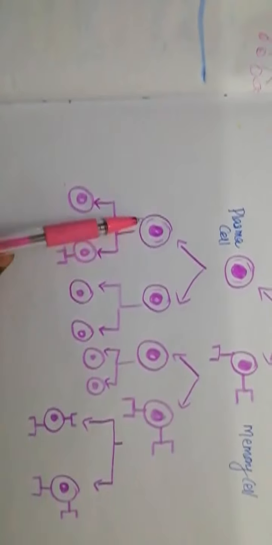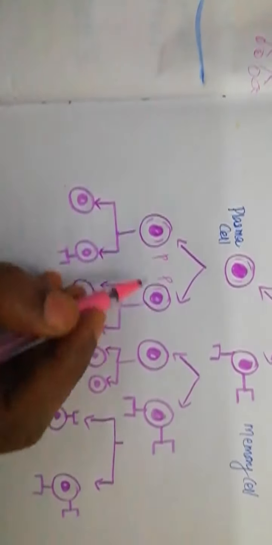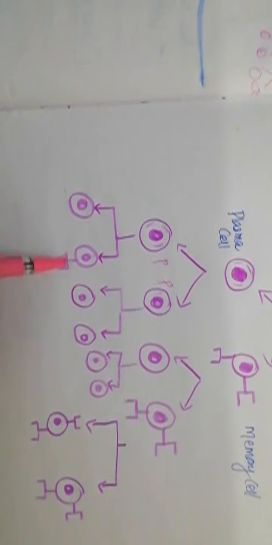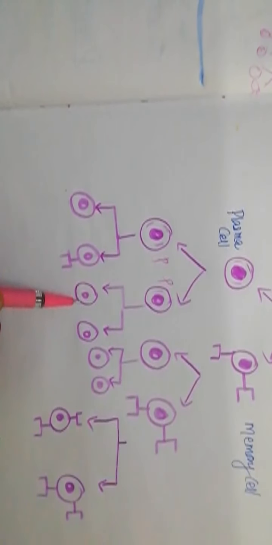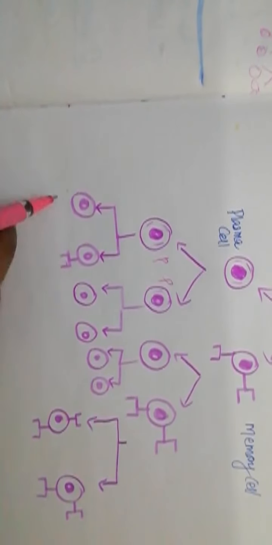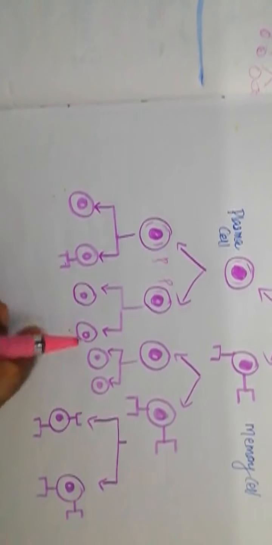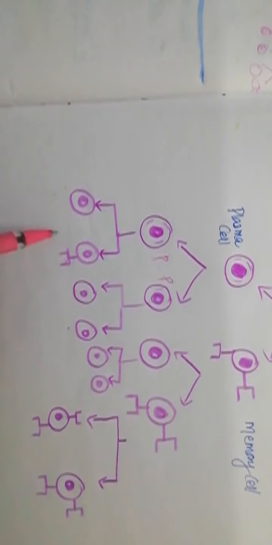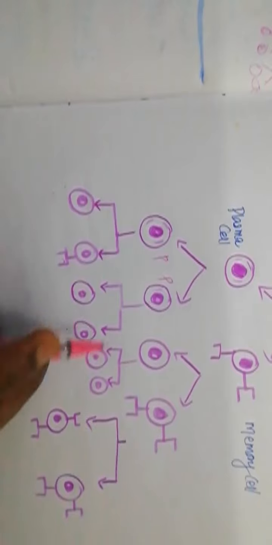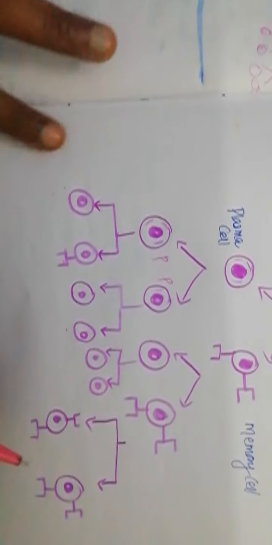Plasma will differentiate into some more plasma cells, 2 plasma cells. Then these 2 plasma cells again will differentiate into 4 plasma cells. When this differentiation is happening, a cell can differentiate into plasma and memory cell. Here it can differentiate into plasma cell only. This is a chance factor. You cannot say that this will differentiate into memory and plasma, this will differentiate into only plasma. It's a chance factor. When the differentiation happens during the clonal expansion or clonal selection, some of the cells will differentiate into 2 plasma cells, some of them into 2 memory cells, some of them into 1 plasma and 1 memory cell.